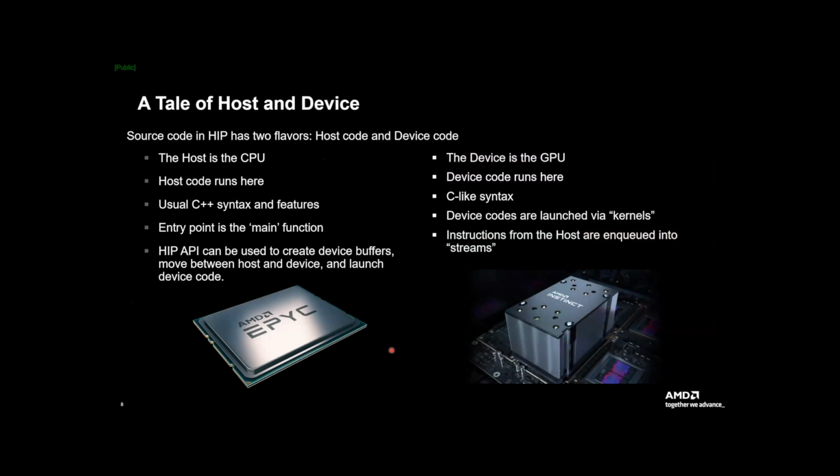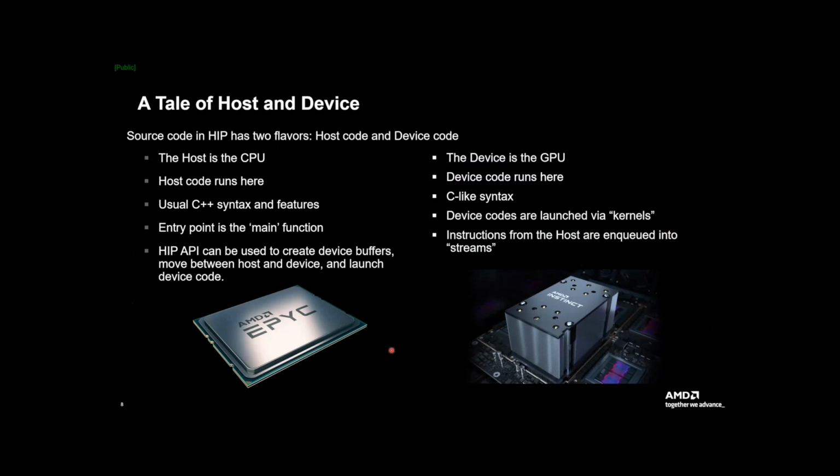Now, as I said before, there's also host and device side. The host is the CPU. The host code runs on the CPU, usually with C++ syntax and features. An entry point is a main function. And the HIP API can be used to create a device buffer, move data between host and device, and launch device